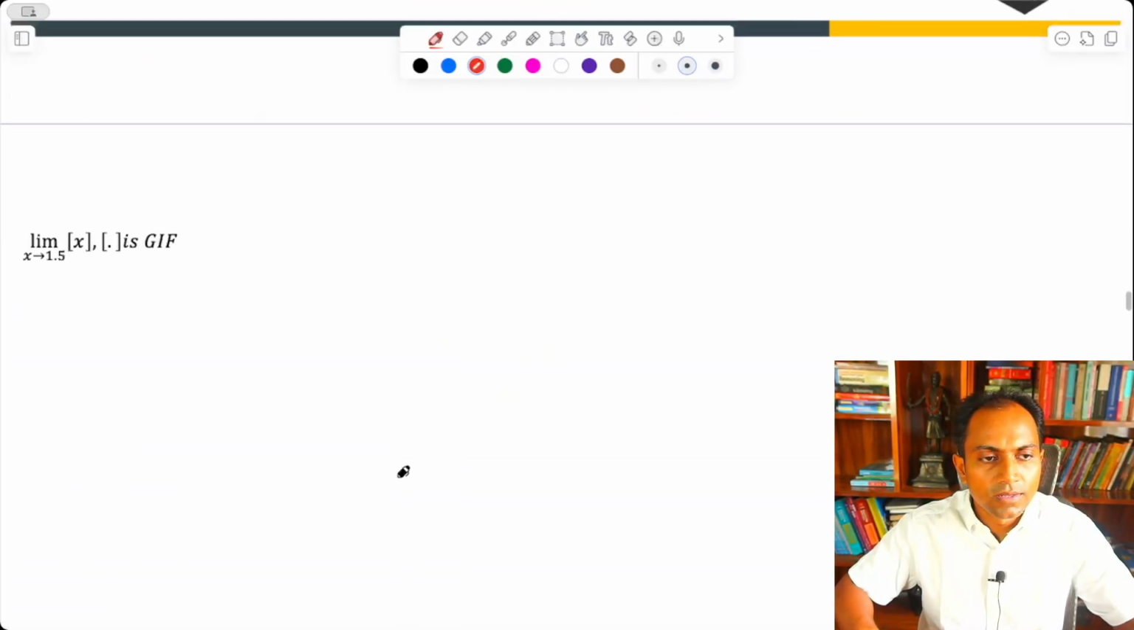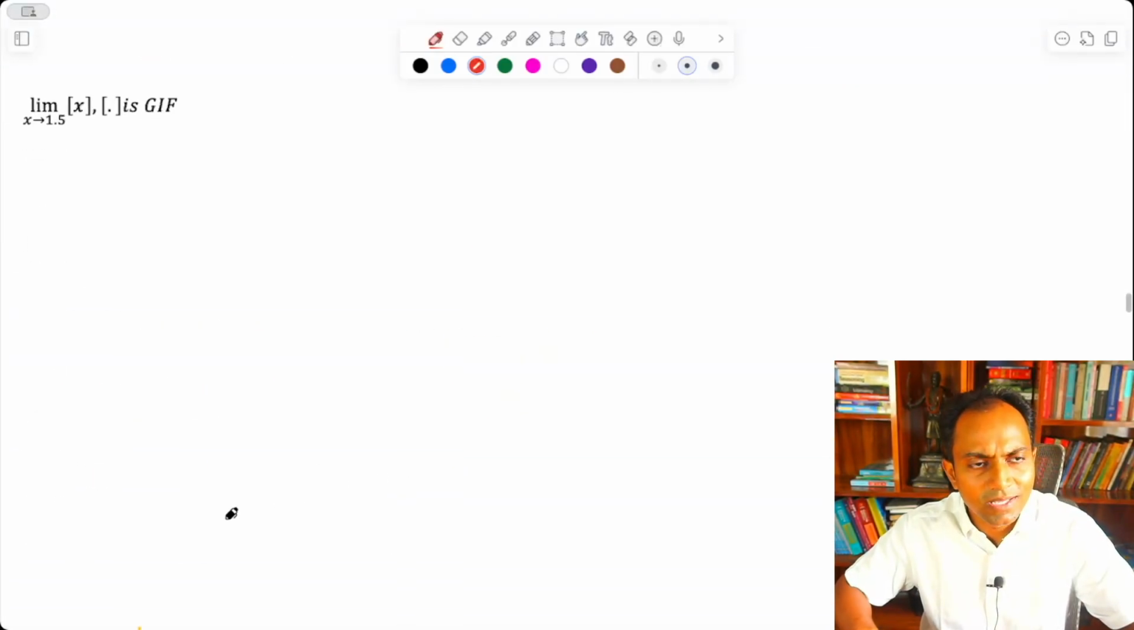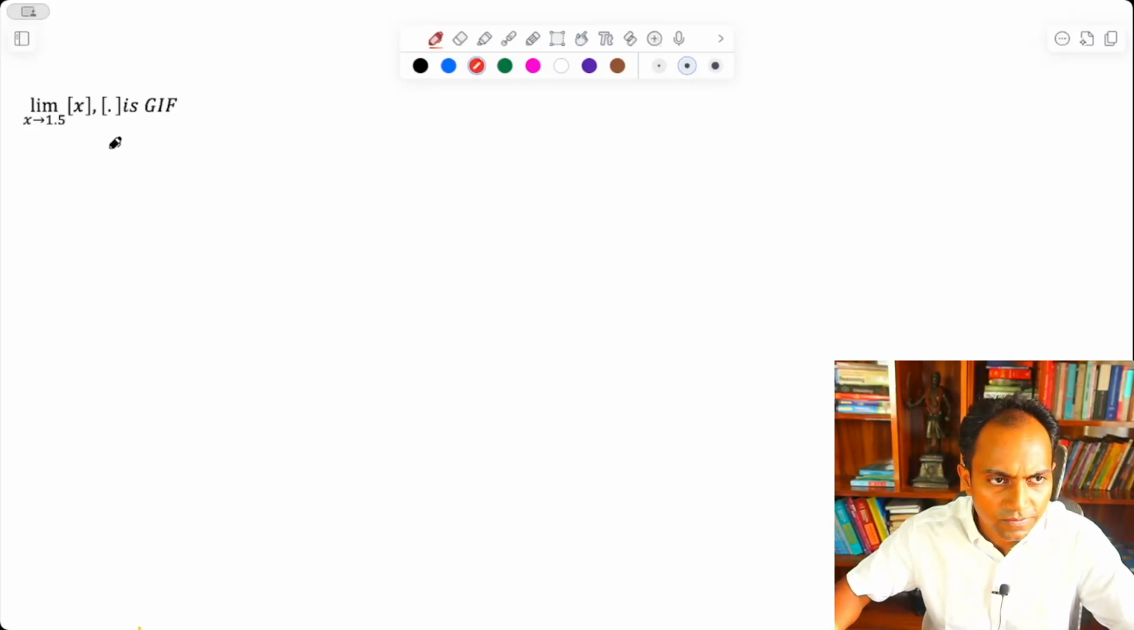Moving forward, another question is given to us, and then another simple question. What happens to GIF at 1.5? Now let us draw a graph, because now you can see that till this time you might have understood we have got